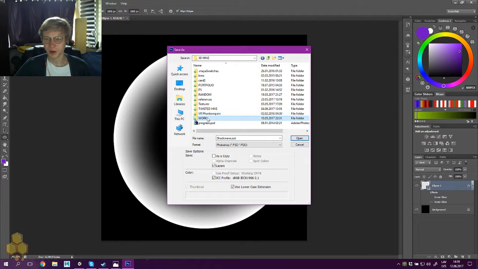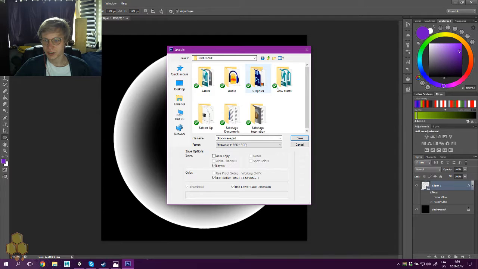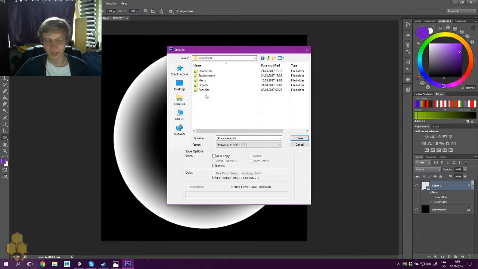Learned a lot of Marmoset Toolbag and a lot of other things. And now you guys are seeing all my folder structure. Twisted Hive, Sabotage, and got new assets. Exactly. Yeah, we got new assets coming up. There's a lot of things going on. We're working on characters, and